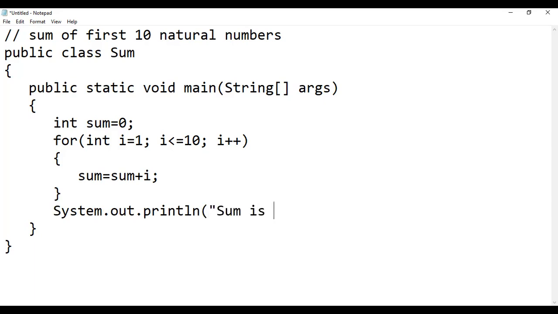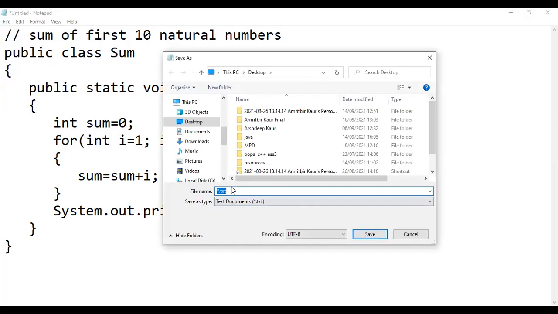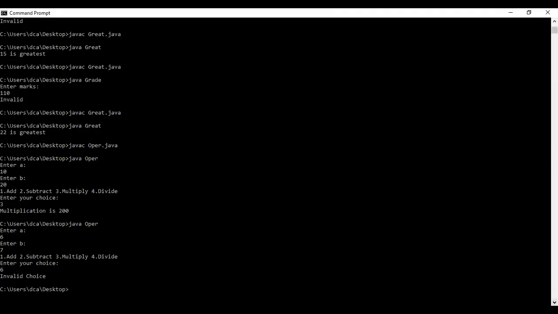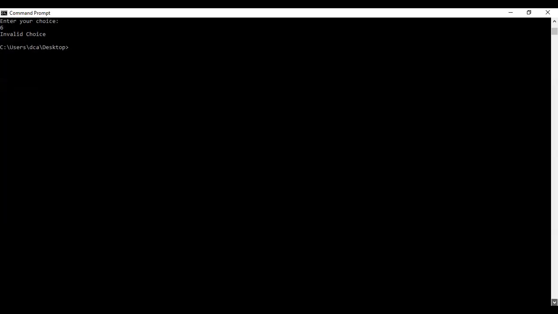Sum is... So our sum is 55. It displays the message only once, after adding 10 numbers.